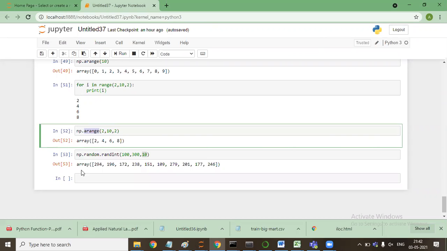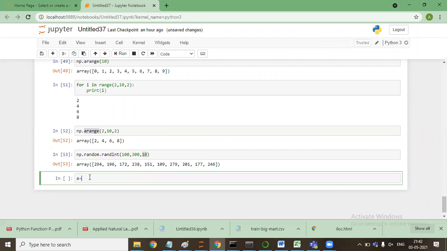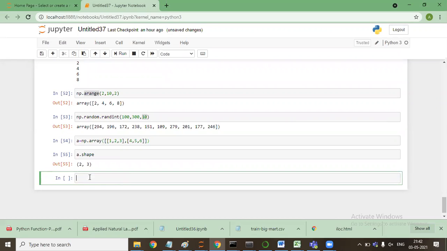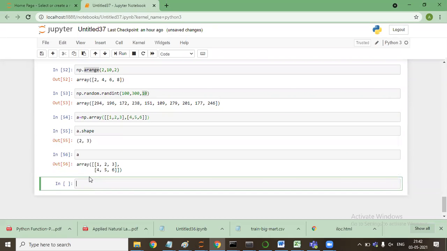I'll say, simple array that I have made. I'll say a dot shape. It says 2 rows, 3 columns.